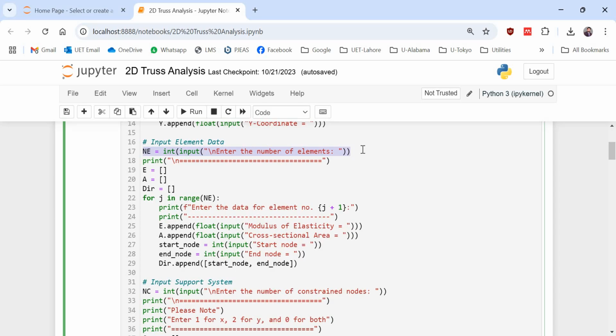Later, corresponding to each element, we need to take input of modulus of elasticity, area, and the starting and ending nodes. So here we have used another loop in line number 22. It begins with line number 22. J is the variable which is going to dictate this loop, and this loop will run